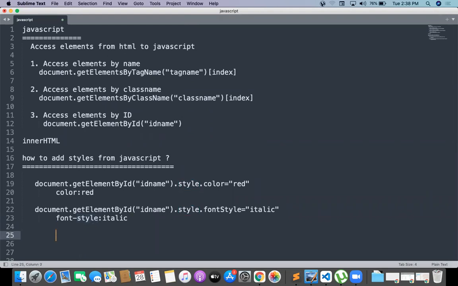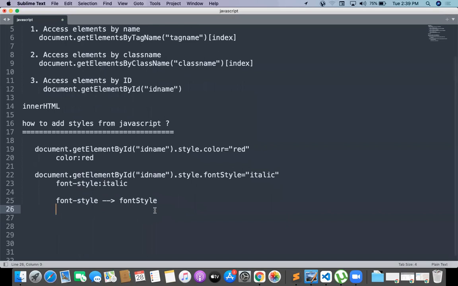For example, how is font style going to change? Already written font-style is going to be converted to the JavaScript fontStyle. And how is font-weight going to change? It is going to change to fontWeight. How is background-color going to change? It is going to change to backgroundColor.